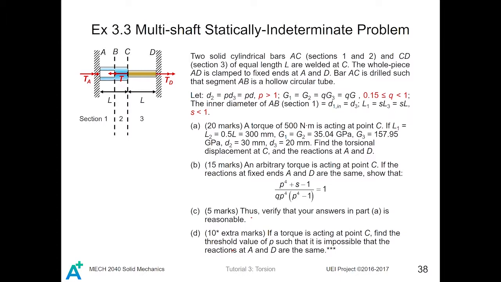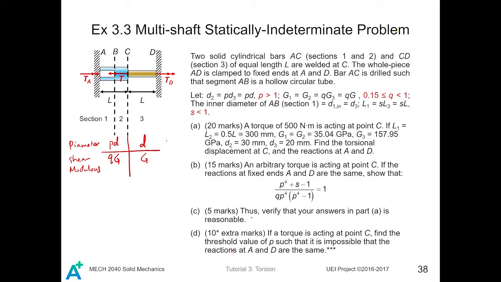Let D1 equals D2 equals PD, D3 equals D, where P is greater than 1. That means the diameter of sections 1 and 2, the blue bar, is greater than that of segment CD, which is the brown bar. So for the brown bar, we can write it this way. We can draw a table over there. The diameter of the brown bar is D, while the diameter of the blue bar is PD,